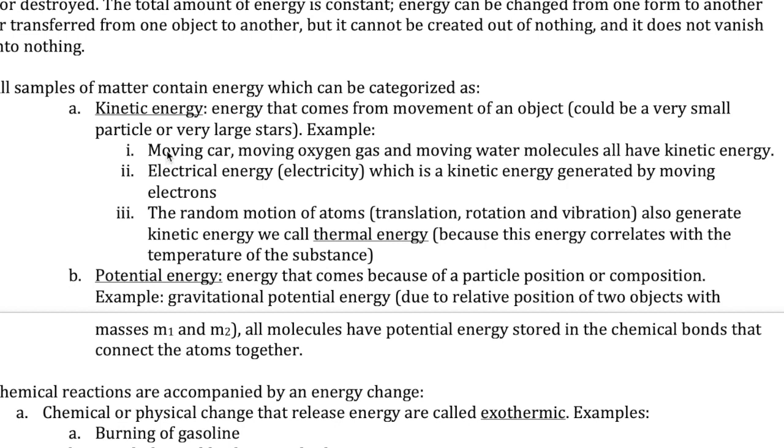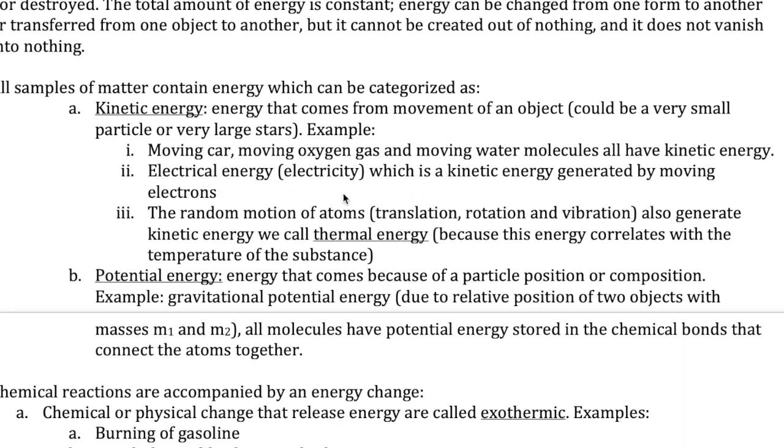So for example, the easy one would be to look at a moving car. That car has kinetic energy. You can see that when it transfers that energy to something else. So if the car hits another car, the car hits a wall, the car hits a tree, you can see the effect of that energy transfer on the other object. If air is moving, we call it wind. Wind exerts pressure. You can feel it if you're walking in a windy area. You feel like you're being pushed around by that wind, right? So that is an example of the air, which is composed of different gases, moving around and pushing the objects around it, and so that's an example of kinetic energy.